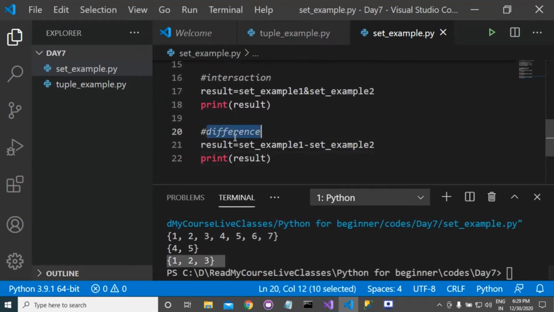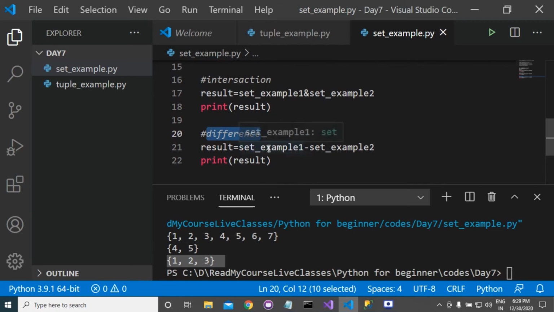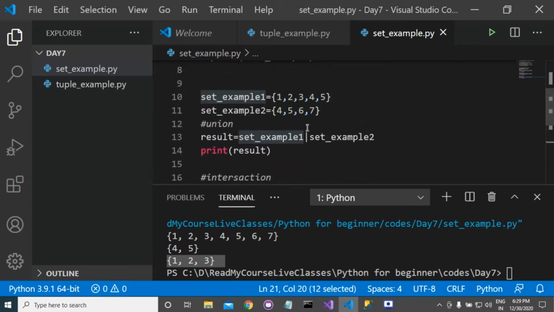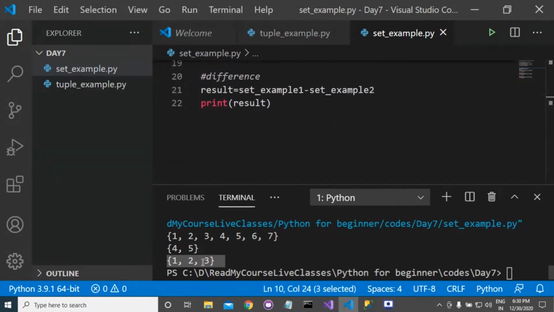Because if you write set example 1 minus set example 2, it means the difference of set example 1 with set example 2. It will return only the elements that are present in set 1, not in set 2. Here you can see that in set example 1 we have 1, 2, 3, 4, 5, but 4, 5 is present in set 2 also. That's why it will be removed from the result. Now you can see that the output is 1, 2, 3.